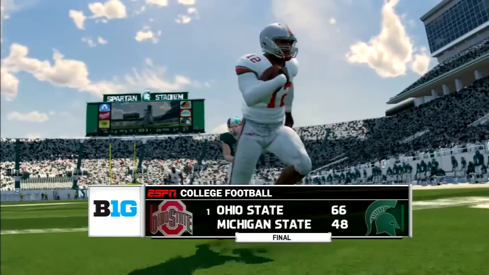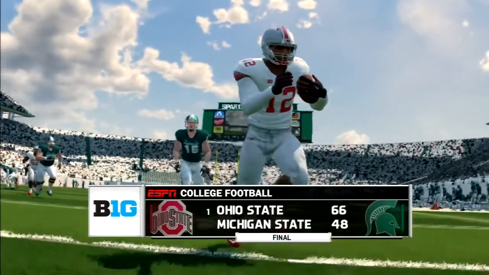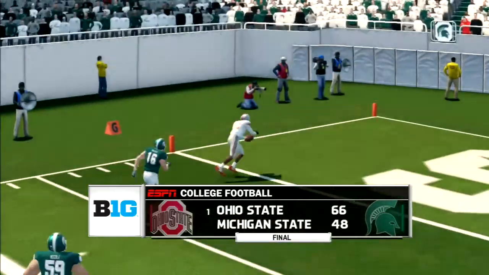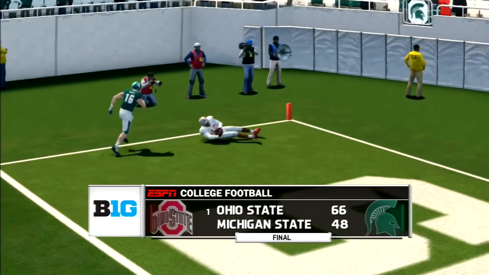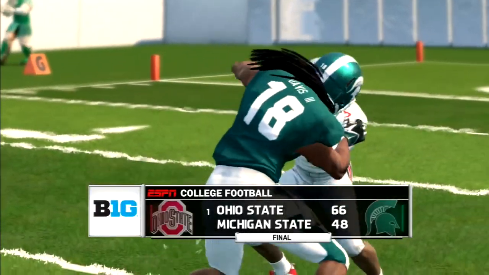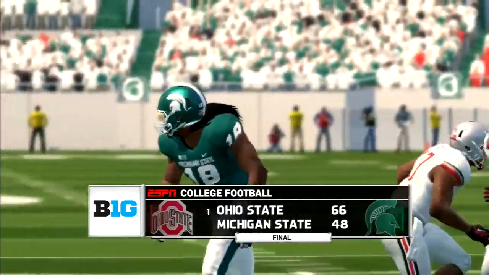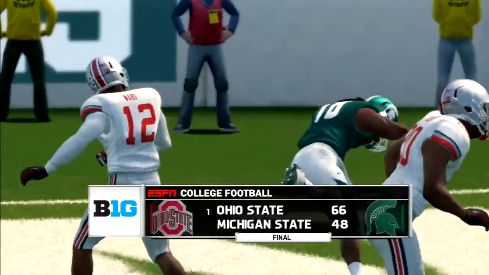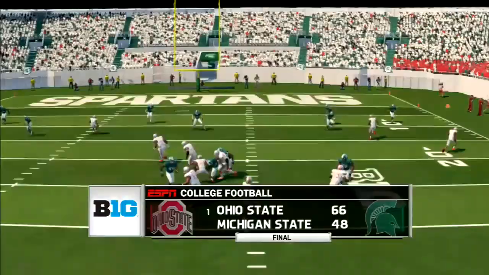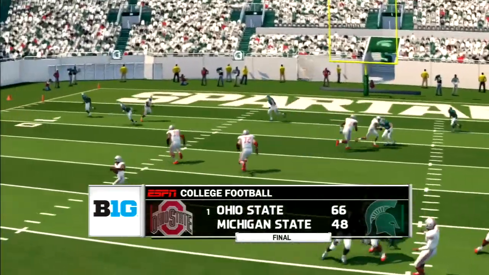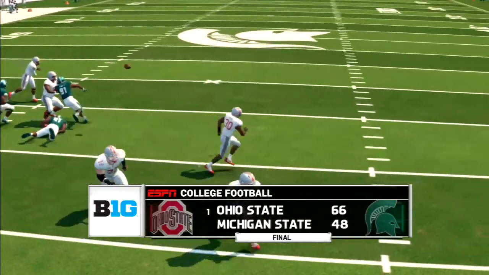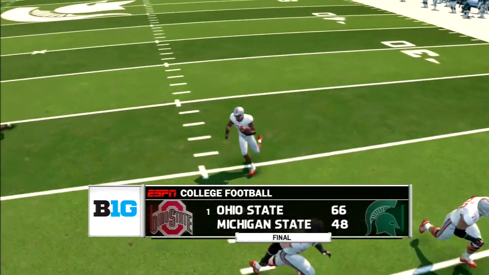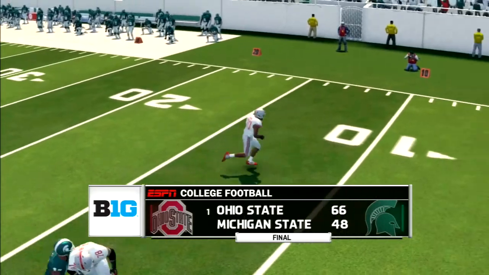66-48. Haskins finished 18 of 34 for 259 yards and 5 touchdowns with those 2 interceptions. Mike Weber did what 2-5 does, 28 carries, 186 yards, and 1 rushing touchdown. But the player of the game has to be DeMario McCall. He finished with 11 carries for 65 yards and 2 rushing touchdowns, 4 catches for 80 yards and 3 receiving touchdowns, and tack on another 84 yards on punt returns.